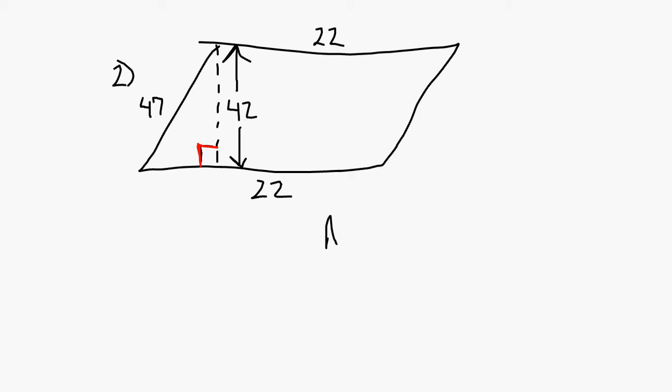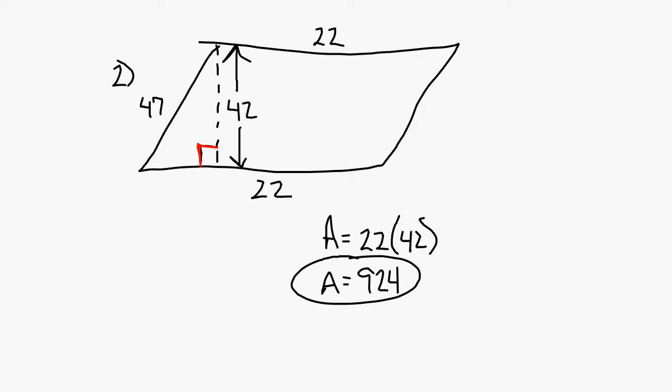So your area here is going to be equal to 22 times 42. $924. So it's just again area times base times height? Yeah. Area is equal to base times height. In number three,